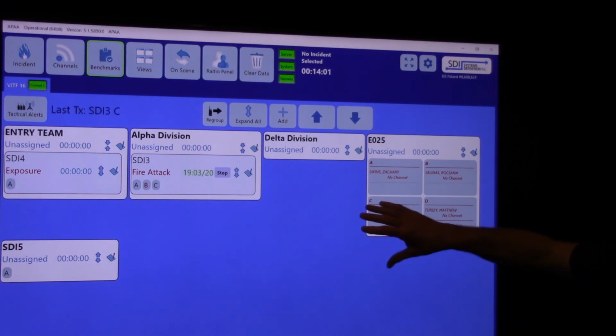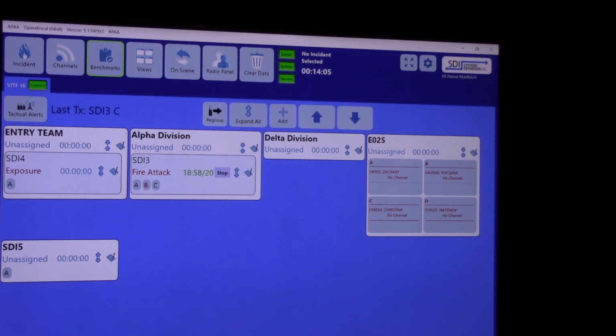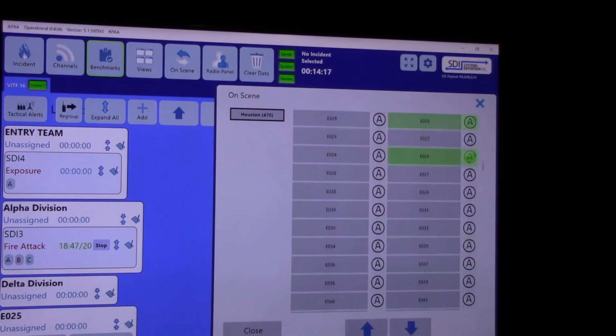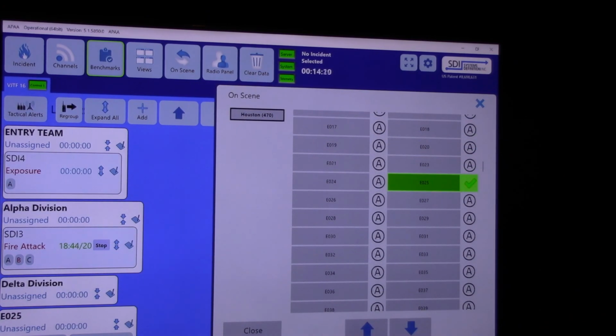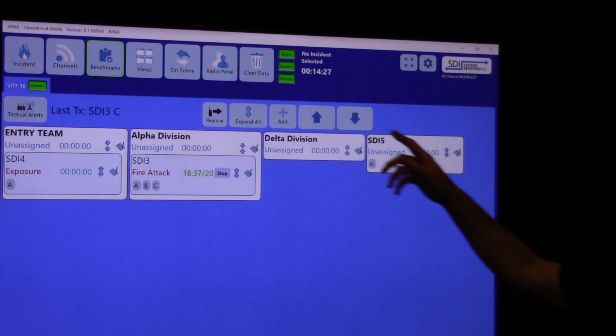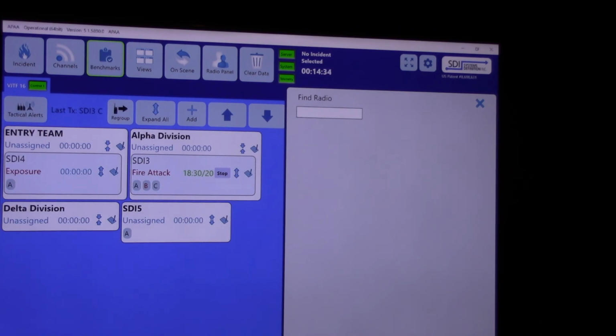Okay. Vice versa, if I had a unit that's on the scene that I don't want there anymore, I can go to my on scene button, and it takes a while because you have so many units. But once I have my units up there, I can go back to engine 25 and take them off the scene, and now they're gone. Okay, so that's what this on scene button does. The radio panel button, this is kind of like a search feature where I could type in